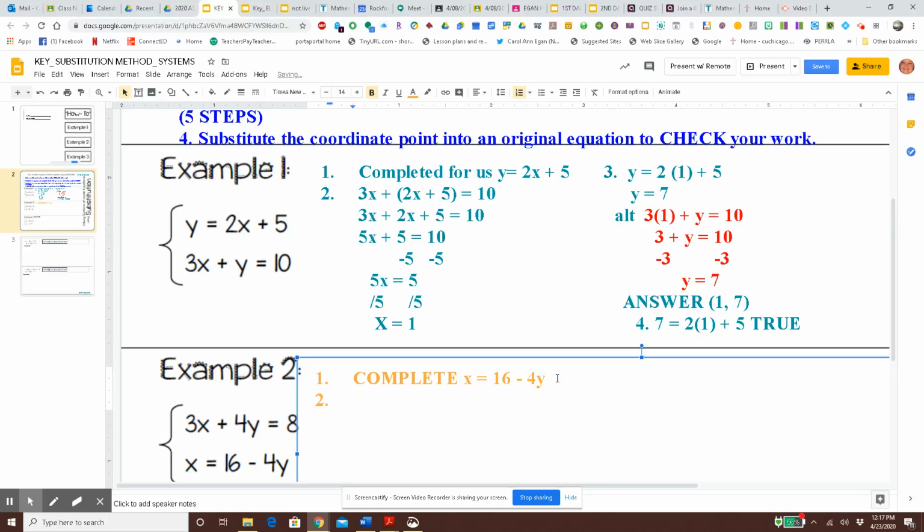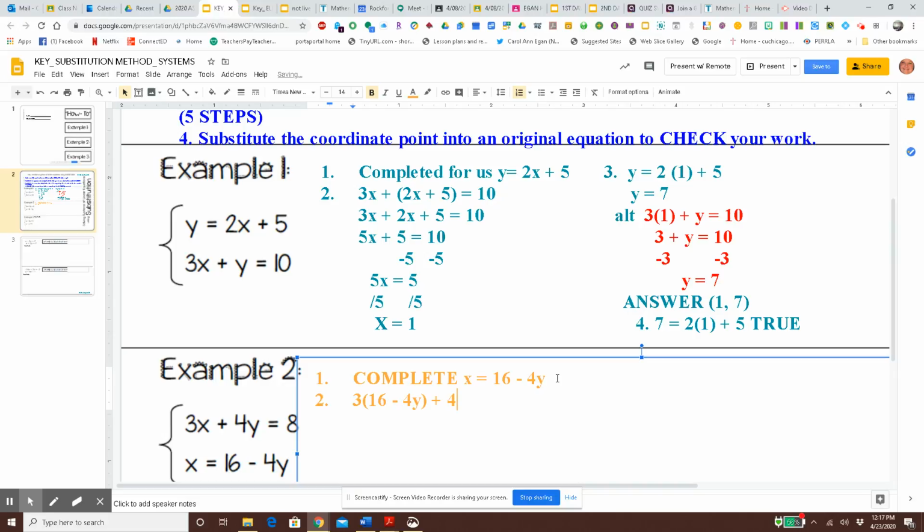So I can move on to step 2. I'm going to take that expression, 16 minus 4y, and substitute it in for the x in the other equation that I hadn't touched. So 3 times (16 minus 4y)